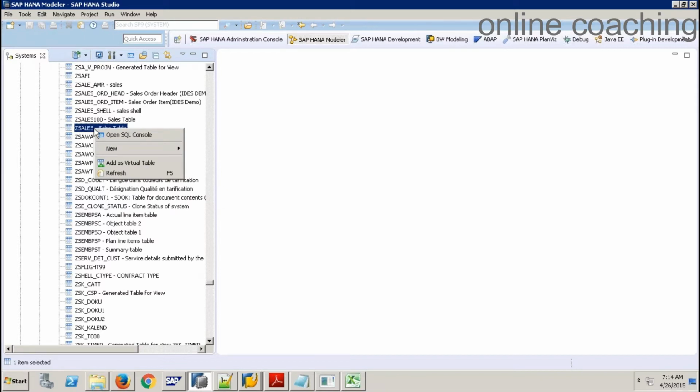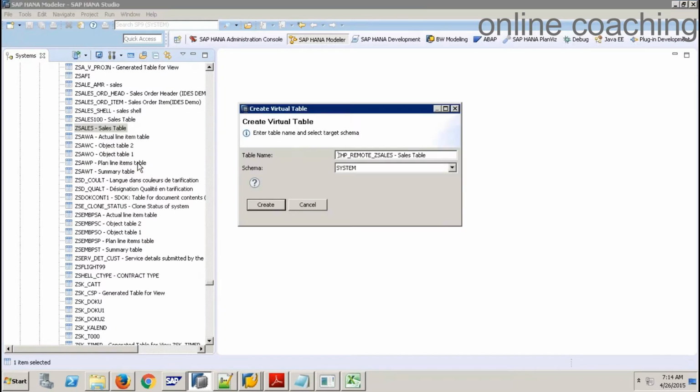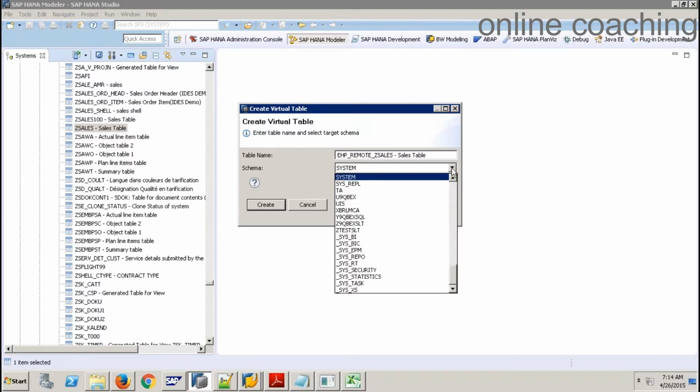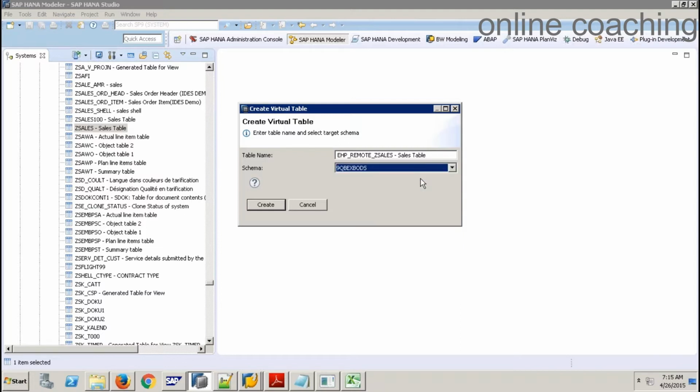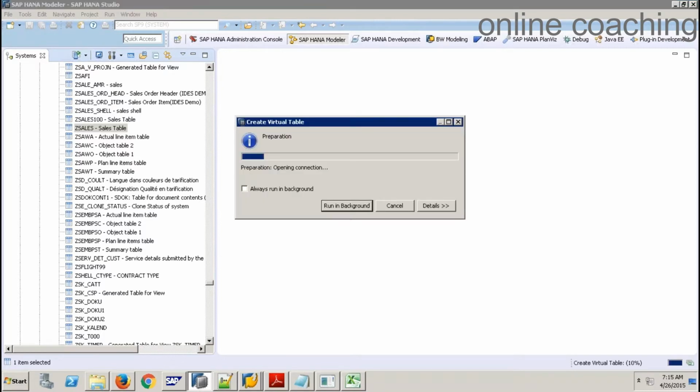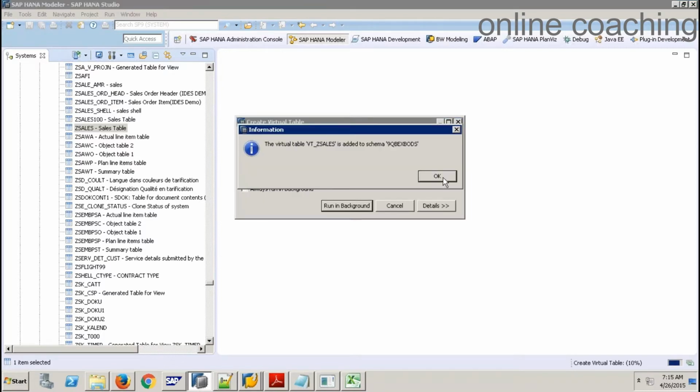So when I right click on this table, you should get this option as add as virtual table. Okay. Now just take some schema, 9 cubics BODs. I'll take this. I want the name of the table as, let's say, VT_Z_sales. Great. So it creates this virtual table